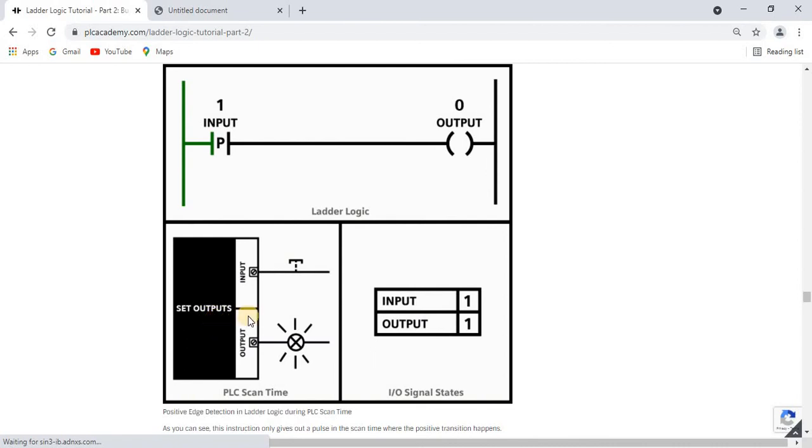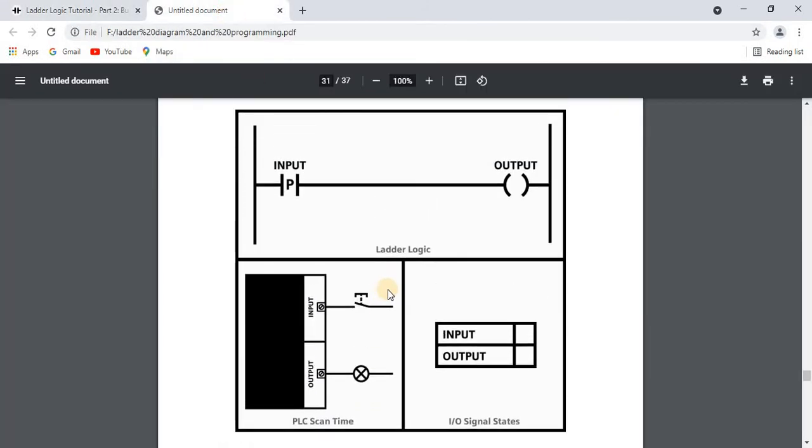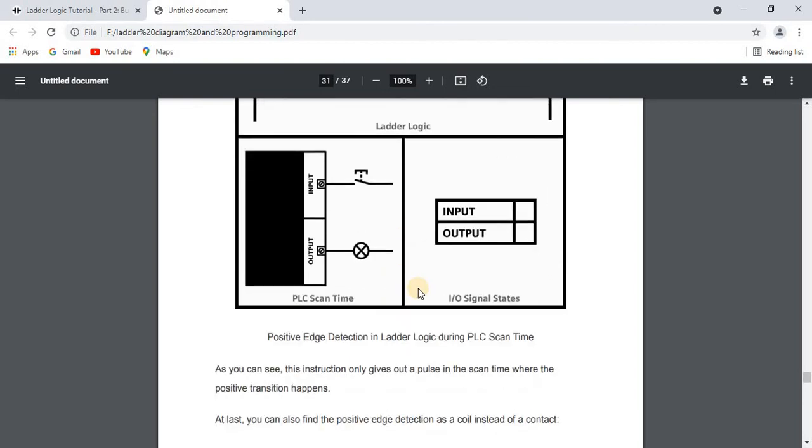Then it will set the outputs as 0. Given back to here, the output is 0. Then again the output is given back to here, it is 0, and the lamp will be off. This will open. Then again it will scan the inputs. It will give the input over here, save the input, then give the output, and then the output comes back and it will scan again. This is how it will work. In this PDF it is not feasible to show you this GIF, so that's why I opened the web page for that. I thought you would understand from that.